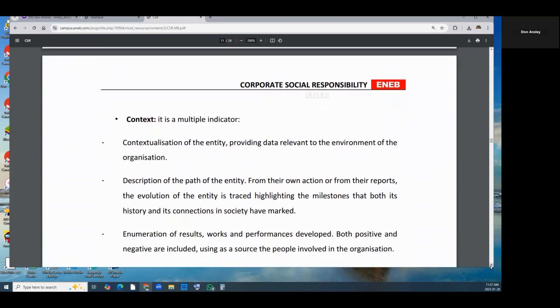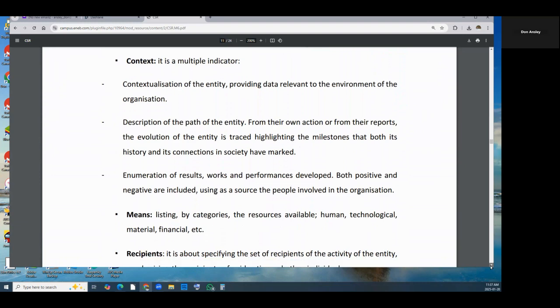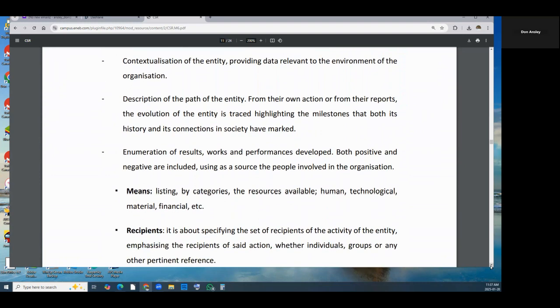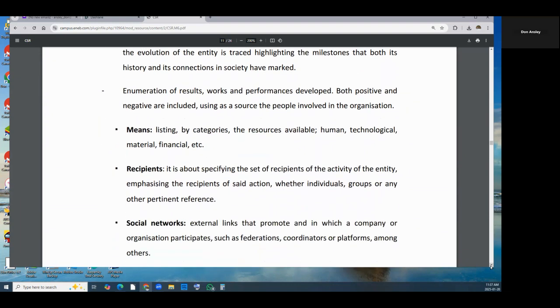Contextualization of the entity, providing data relevant to the environment of the organization, and a description of the path of the entity from its own actions. From their reports, the evolution of the entity is traced, highlighting the milestones that have marked both its history and its connection in society. Enumeration of results, work, and performance developed, both positive and negative, are included, using a source of the people involved